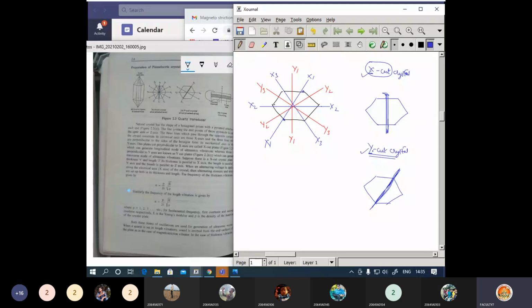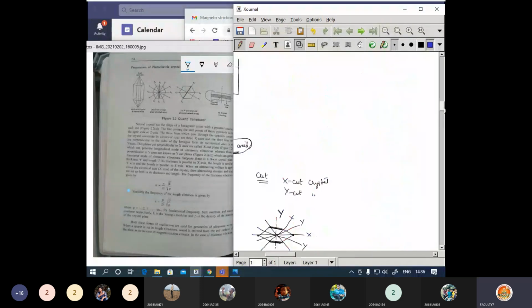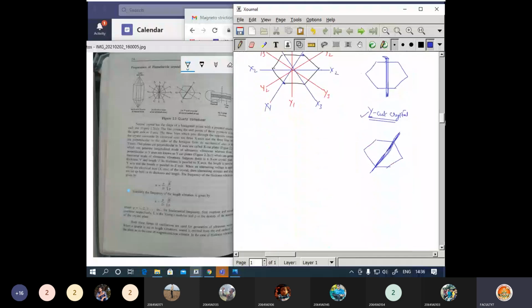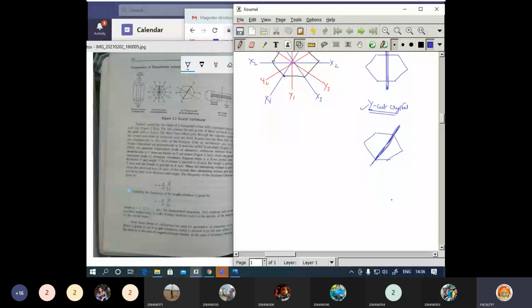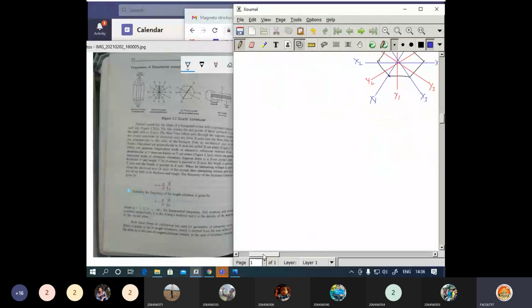So you have two possibilities to cut the crystal, either x cut crystal or y cut crystal. Now the second question I am going to ask here: what are the frequencies of the waves that are going to be generated by the x cut crystal, and what are the frequencies of the waves due to the y cut crystal? The first question I mentioned was about the optic axis. The second question is what frequencies these crystals are going to generate. Now let us go with the circuit here.